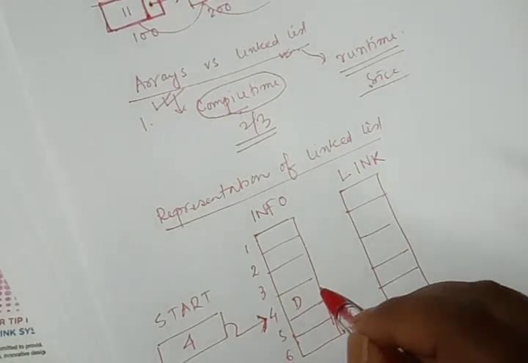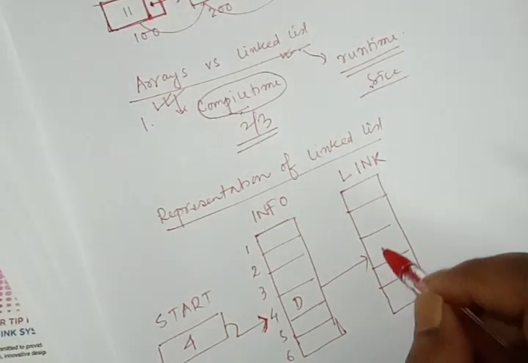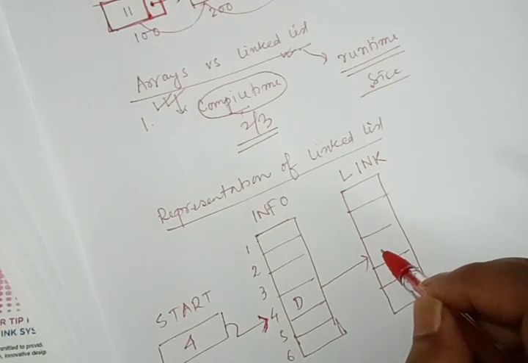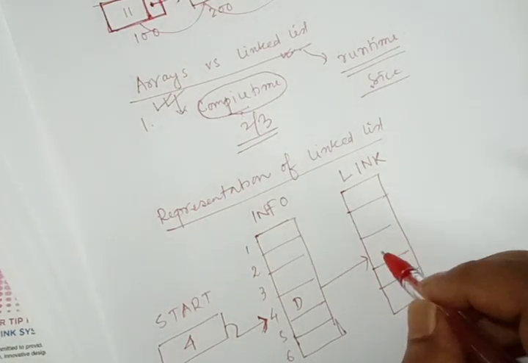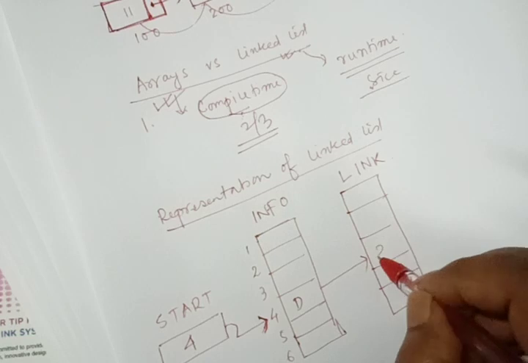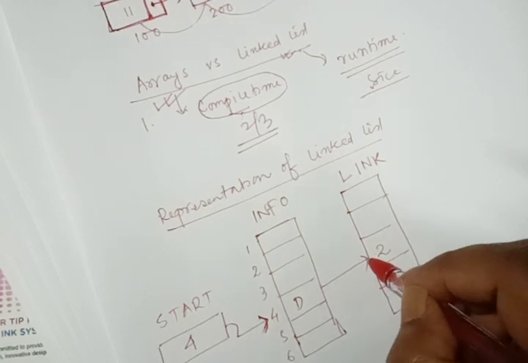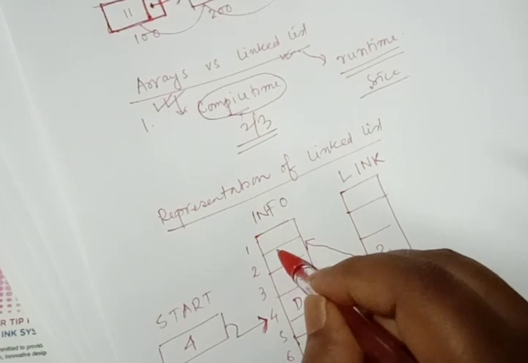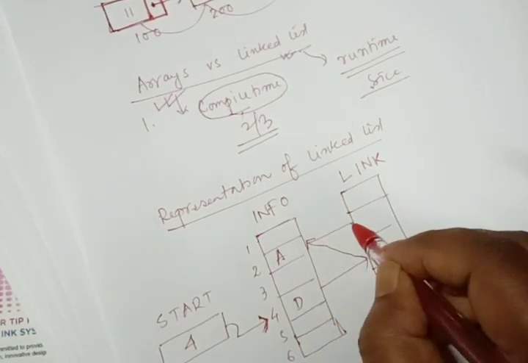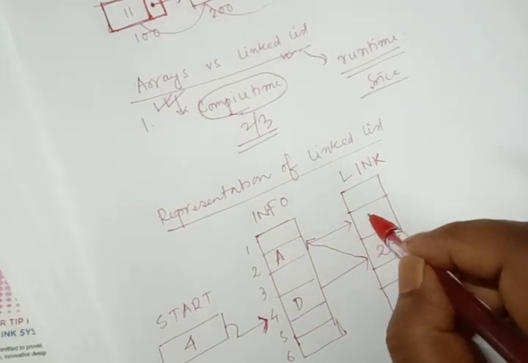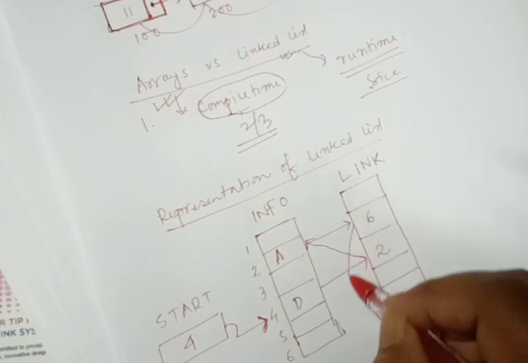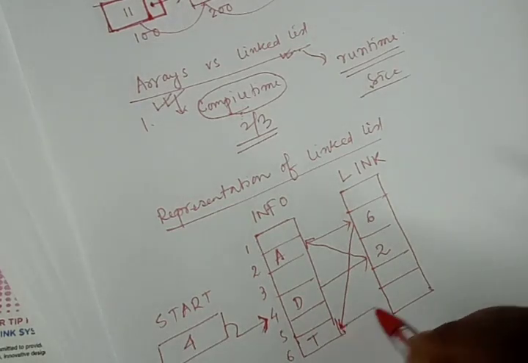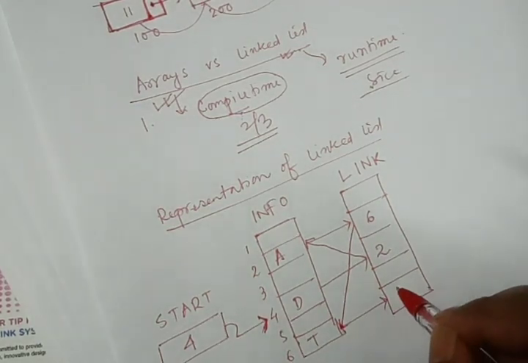And against that you have to check its address. That is, we have to check the location it contains, its link part. Suppose it is 2. So the next node will point to node number 2. Suppose its element is A, we have to check its link part. Say it is 6. The next node will be the 6th node. Suppose its element is T and its link part holds 1.